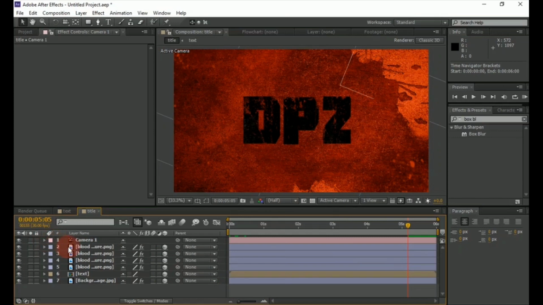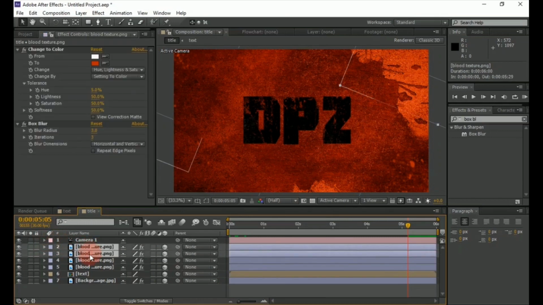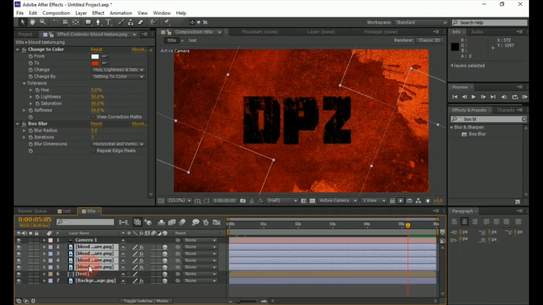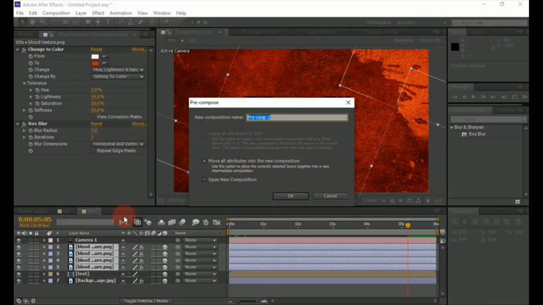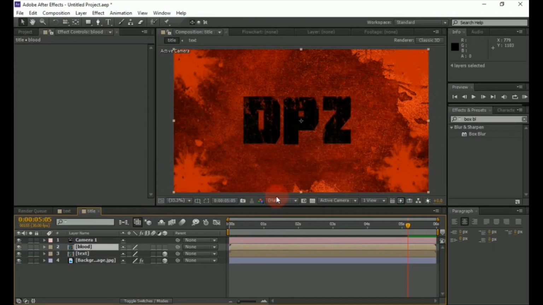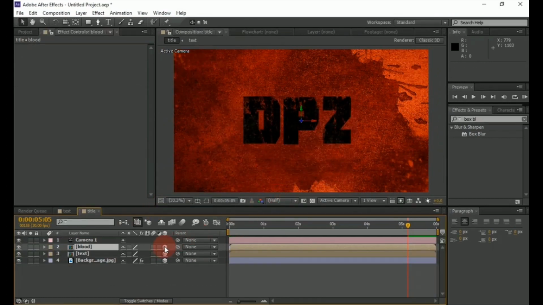Now select the all blood texture layer. Then pre-compose it. Then rename it as blood. Make them 3D.